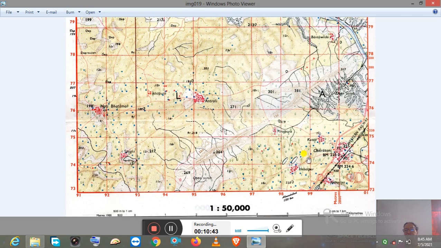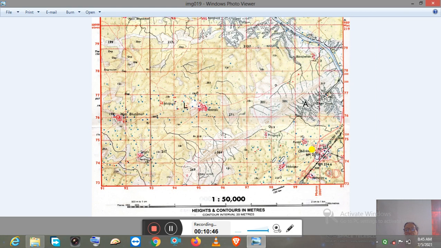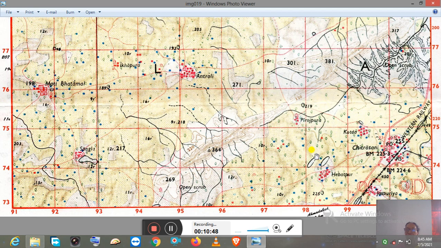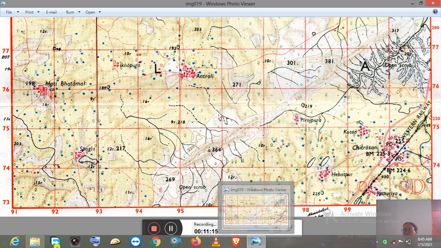And here you can see some permanent huts and buildings along the railway track in a line. That means this is showing the linear settlement pattern along the railway track, along the metal road. When they develop, they form, the permanent huts are shown in a line, and that is the linear settlement pattern. So this is about the settlement pattern.